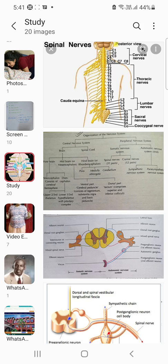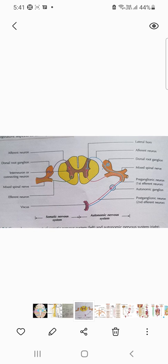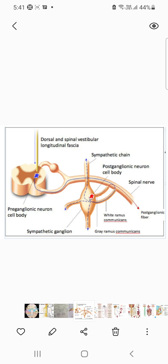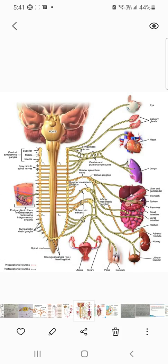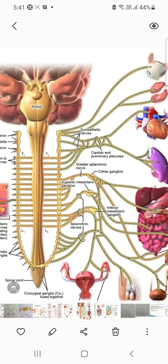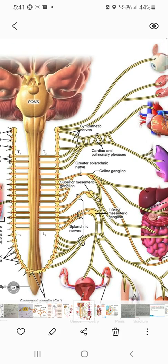This is something about the emerging of the sympathetic fibers. Now, the ganglionic sympathetic trunk. Yes, this is the ganglionic sympathetic trunk. It is situated immediately lateral to the vertebral column and arises from T1 to L2 or L3. It ends at L2 and L3. So the fibers